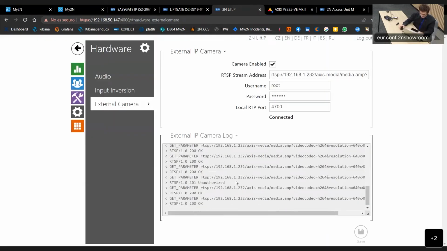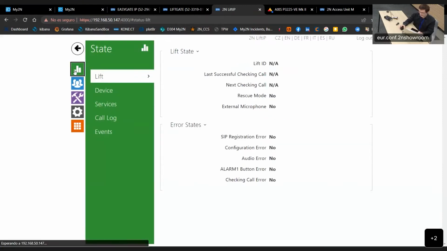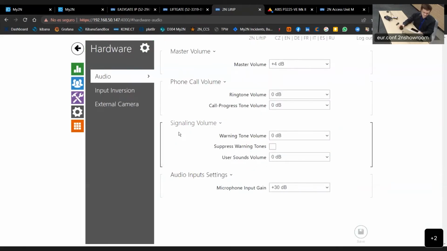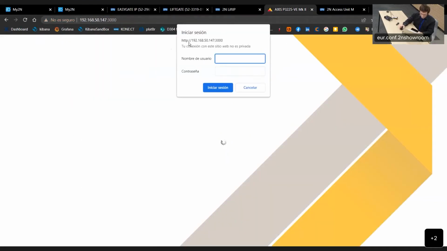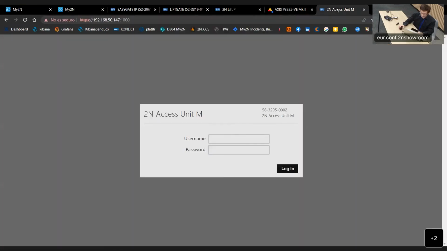The setup is quite easy. I can do everything I need in the settings of Lift IP. The same goes for the camera: I can access the camera through port 3000, which I set up, and also our other product,